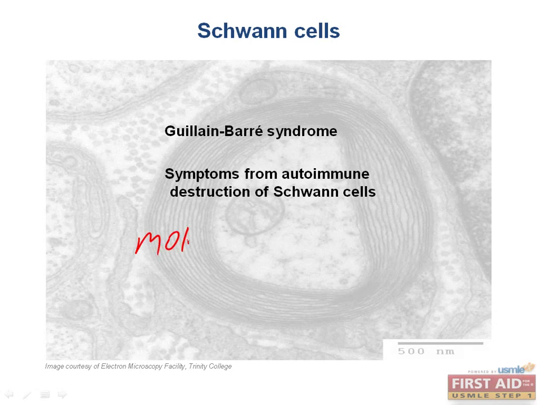Now, molecular mimicry is what is important for this association between Campylobacter or CMV and Guillain-Barré syndrome. Molecular mimicry results when the immune response created as a result of infection is now tuned to recognize proteins on the Schwann cells. The immune system begins to attack Schwann cells, which, as we discussed, create myelin. The lack of myelination on peripheral nerves innervating muscles manifests as muscle weakness.